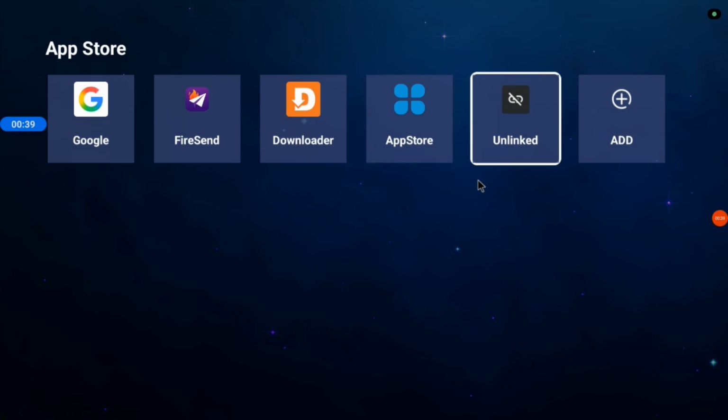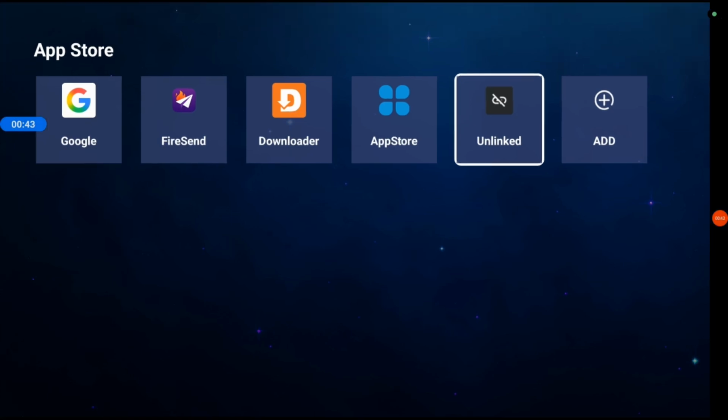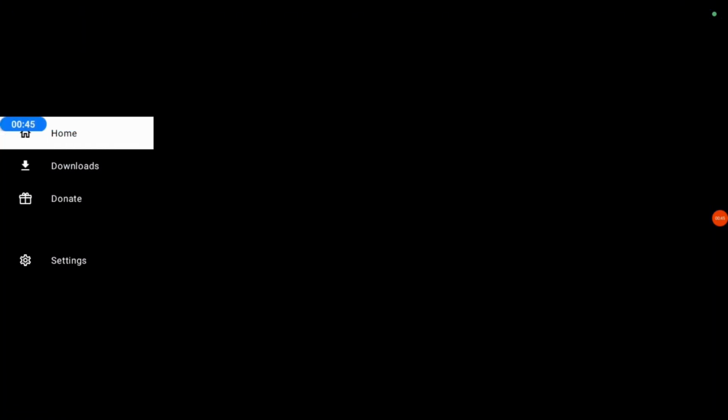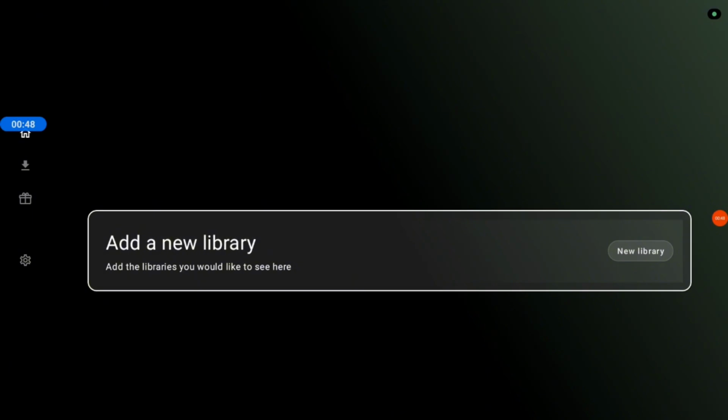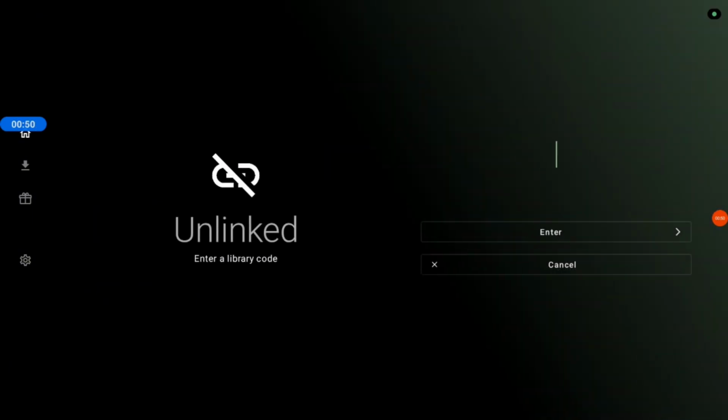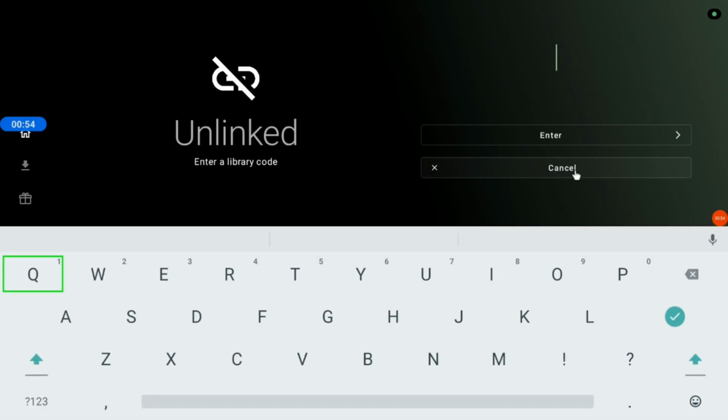So I'm on Unlinked and I'm pressing OK. The app is going to load and you're going to find this add new library. We're going to use libraries to download. So click on add new library and type in everything. This is the code we're going to use, everything,